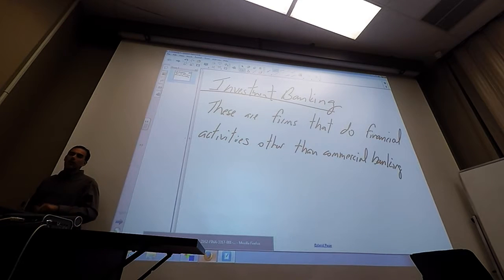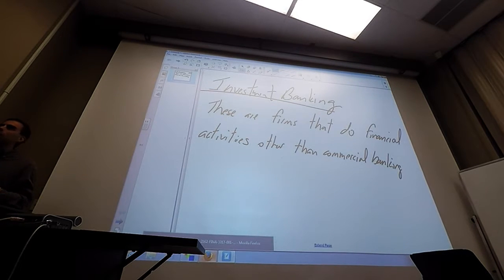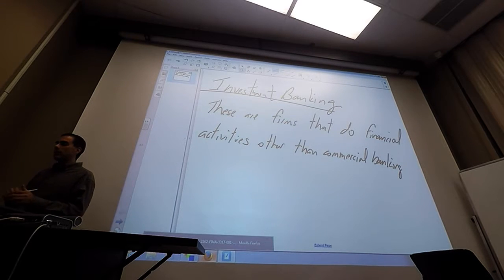So basically, according to our book, they define investment banks as firms that do anything other than commercial banking, which is a whole wide range of stuff, including just what we had in chapters 14 and 15. Insurance would be something other than commercial banking, so they would count as investment banks according to our book, but people would never call MetLife an investment bank really, so it's a bit vague the way it's defined here.